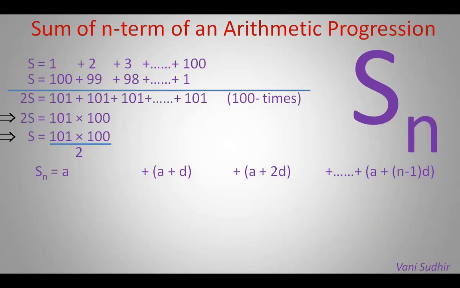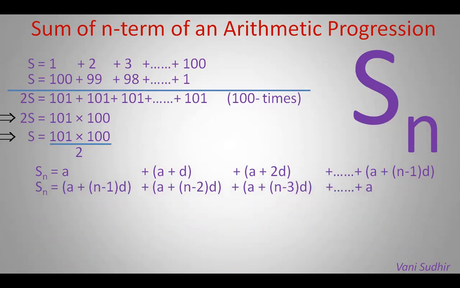See, the sum of numbers in a sequence is also called a series. And again we'll take it in reverse order. First we'll take the nth term, the n minus 1th term, and so on, and finally we'll get the first term a. If we add, they both will add up to the same sum.